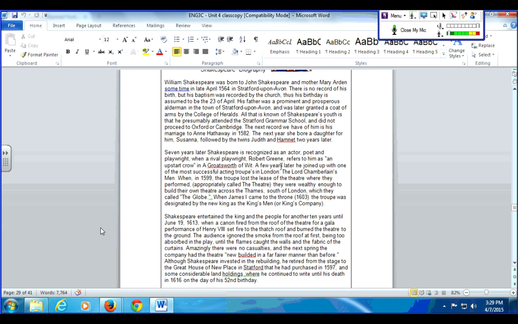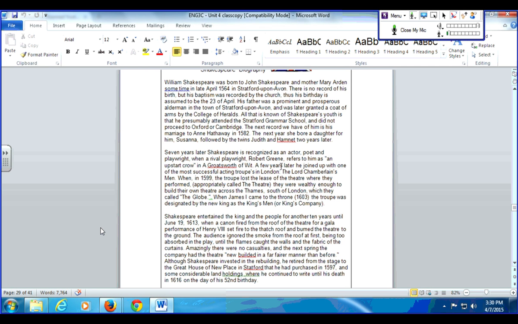When King James I came to the throne in 1603, the troupe was designated by the new king as the King's Men, or the King's Company. Now, Shakespeare entertained the king and the people for another 10 years, until June 19th, 1613,